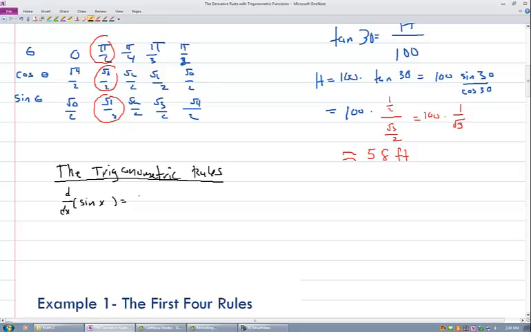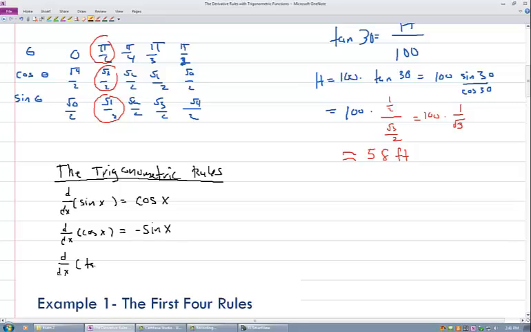But the only derivative that is itself is e to the x. So this one actually turns out to be almost as simple. It's just its partner, cosine of x. And then d/dx of cosine of x, it's almost sine of x. You just have to remember there's a negative sign. So negative sine x. And then finally,